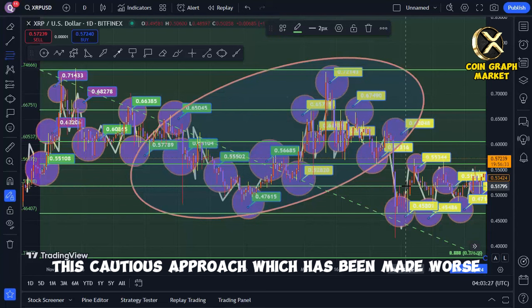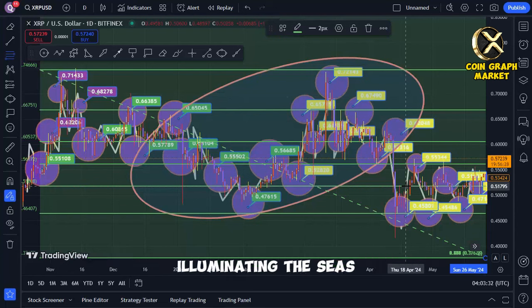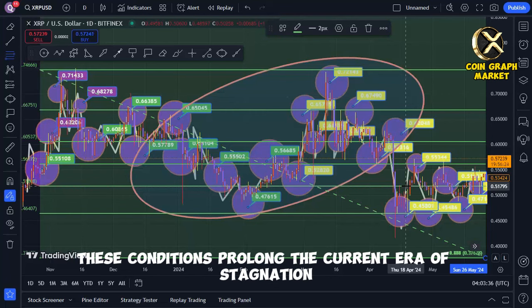This cautious approach, which has been made worse by the events that have occurred today, contributes to the already existing risk of further illuminating the seas in which we navigate. These conditions prolong the current era of stagnation that is occurring in